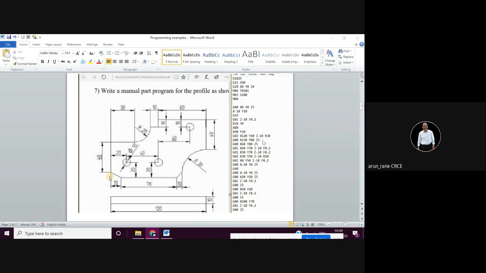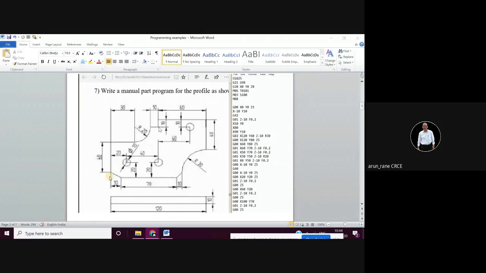Now these 2 3 blocks where we have lifted up are applicable in case you don't want to machine these two sides. But in the question it is given that you have to machine the entire profile. As per this program we are not going to machine this, but we have to machine this. So that's why we'll say G01, G01 continue.